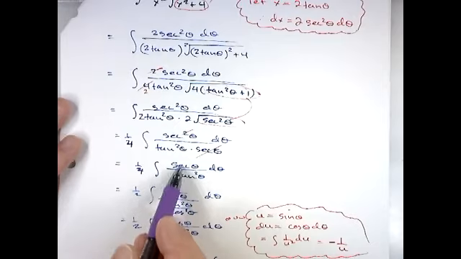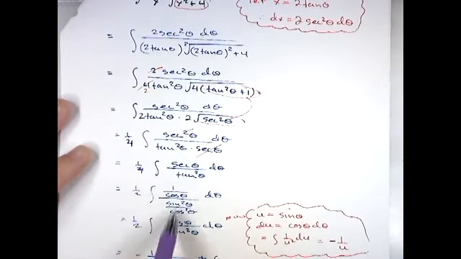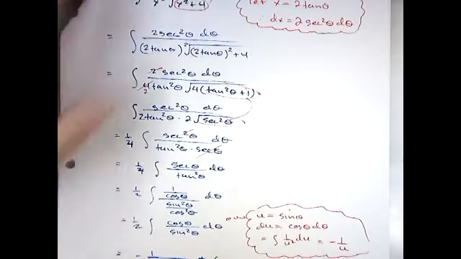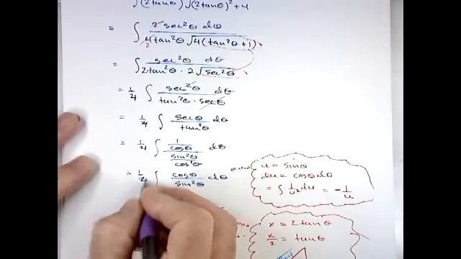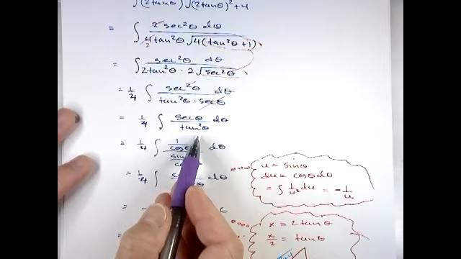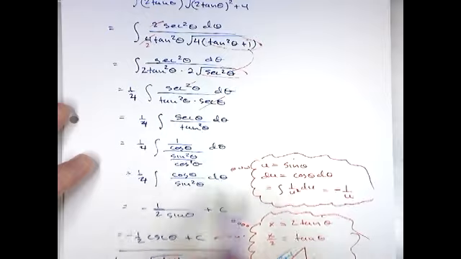If you get stuck on secants and tangents, especially if they're divided, maybe change everybody to sines and cosines is a good strategy. So secant is 1 over cosine. Tan squared is sine squared over cosine squared. Should be 1/4. If you flip and multiply, you'll be left with cosine over sine squared, which now works out nicely with a